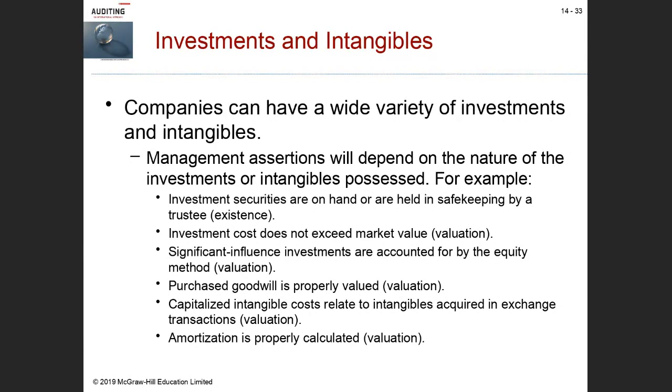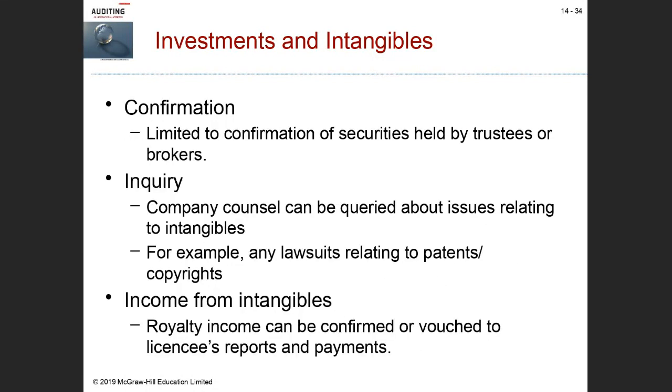So, for example, if we acquired goodwill when we acquired another company and we issued shares, you have to say that the shares were issued by our company to do that acquisition, and part of what we accounted for as acquisition costs is goodwill. Well, shares have to be properly valued in order to come up with the proper goodwill figure. And then any amortization on any intangibles has been properly accounted for. So these are your assertions made by management in the area of investment intangibles.